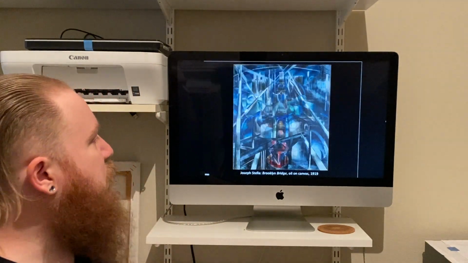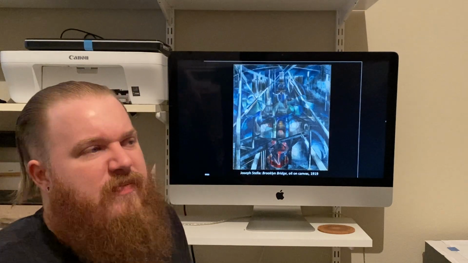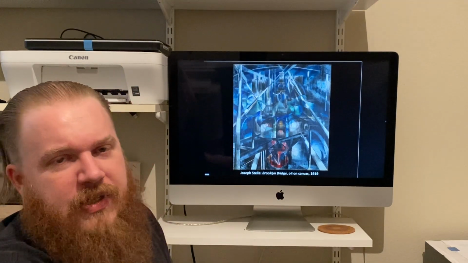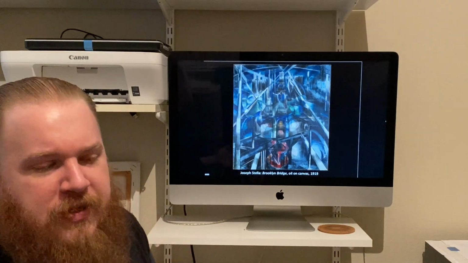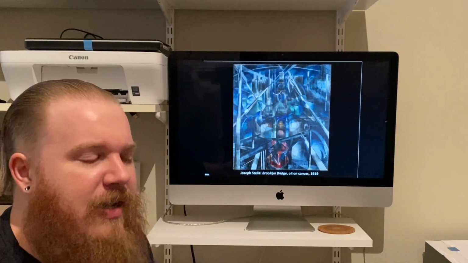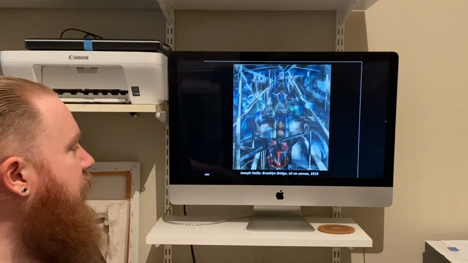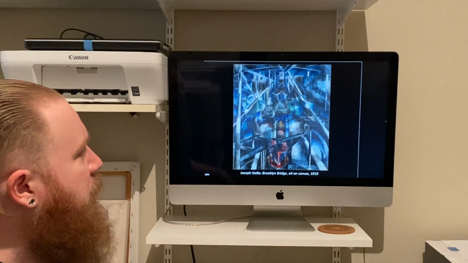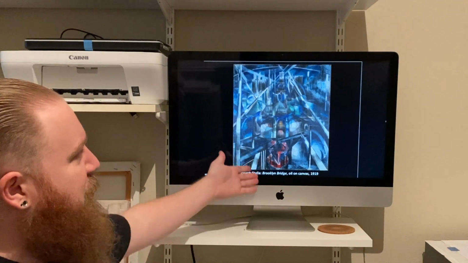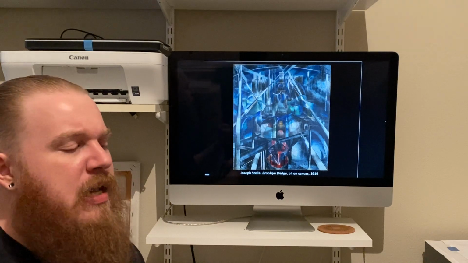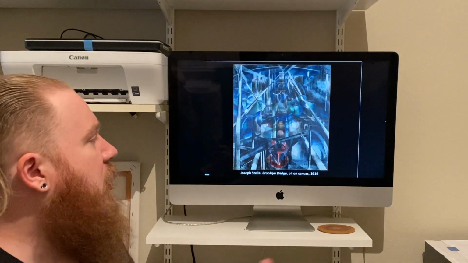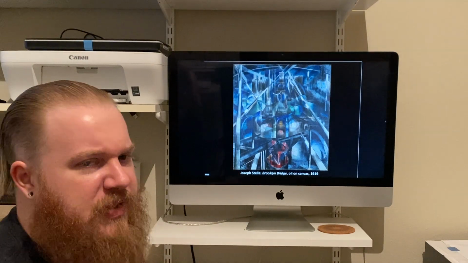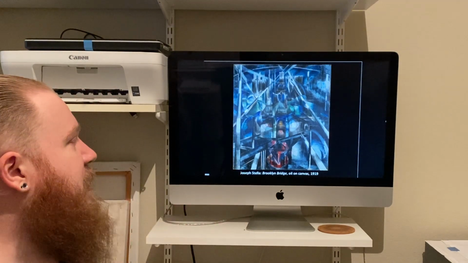But similarly, futurists not only embrace this idea of movement, they also embrace new technologies. So not only the car, but also major architectural aesthetics and things like that. Here we can see Joseph Stella, an American futurist. This is his Brooklyn Bridge, but once again, it's an aspect of that mass movement of communications, of technology, industrial technology, all of these kinds of things being present in this as well.